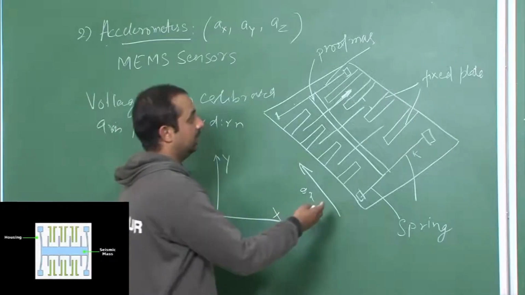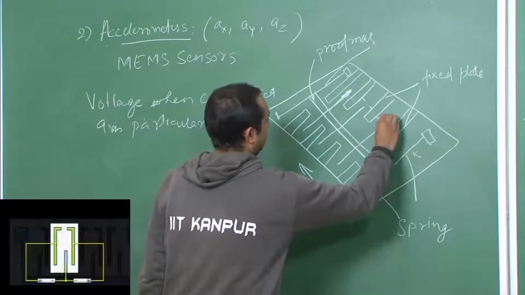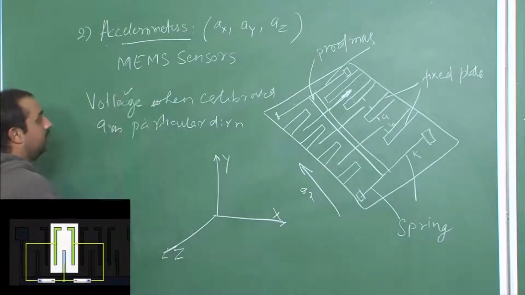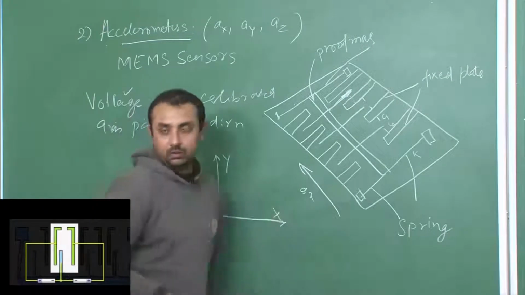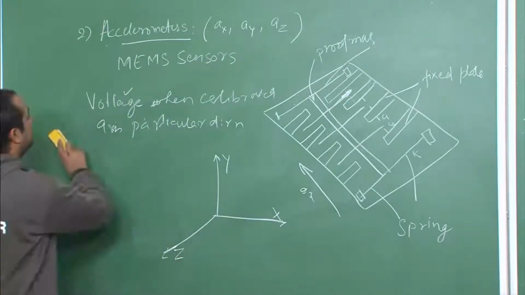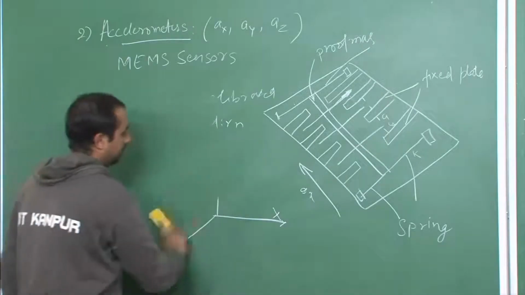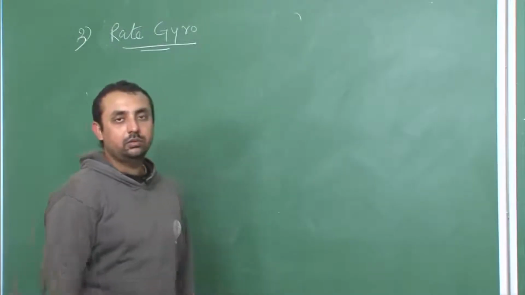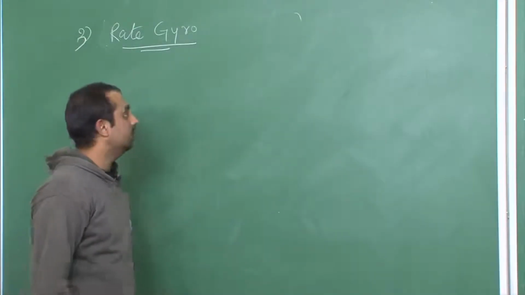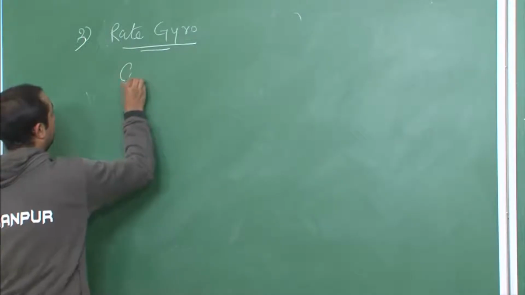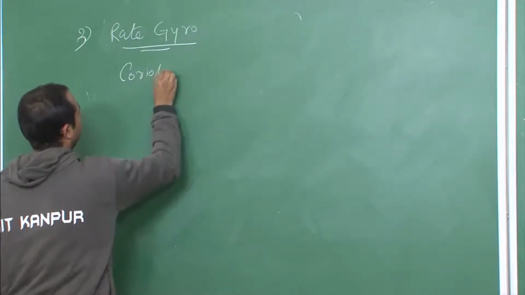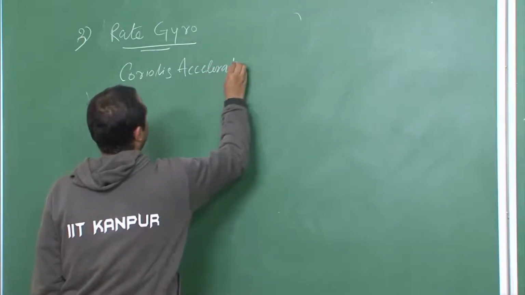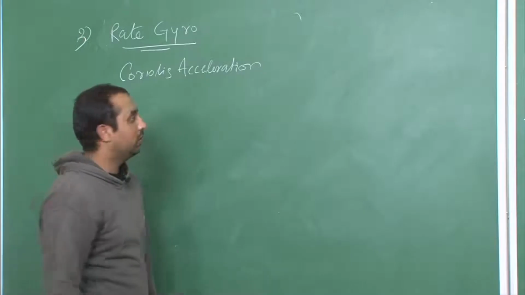And based on the change in capacitance, C1 and C2, you can calibrate that to get the required voltage and the acceleration of that particular accelerometer. Next sensor which we will be discussing will be rate gyros. Now in a rate gyro, the force which you experience is due to Coriolis acceleration. That is, suppose you have a body